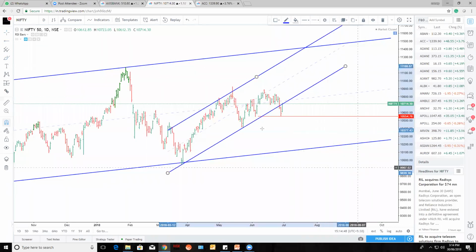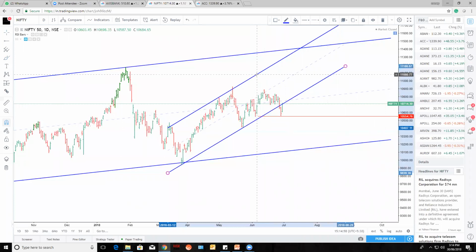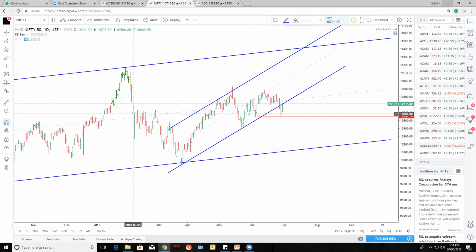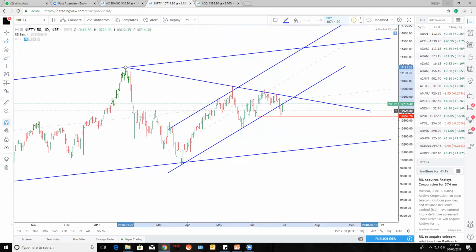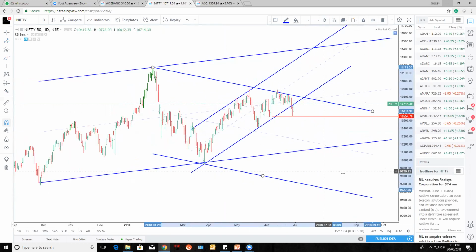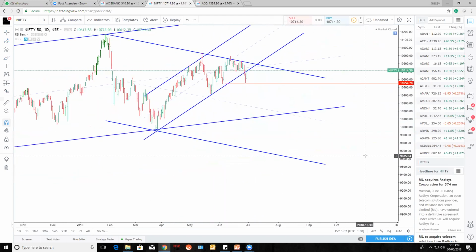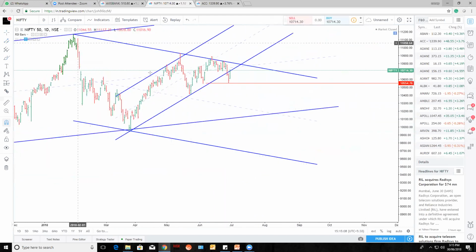Okay. So this is the one channel for upside. For down also we need one, right? So this is one channel. This is the second point. You connect it and pull it. It might go as low as 9,600 also. There is a possibility. It may go or it may not go, but still the channel is showing the price may come to this level and after that to this level.